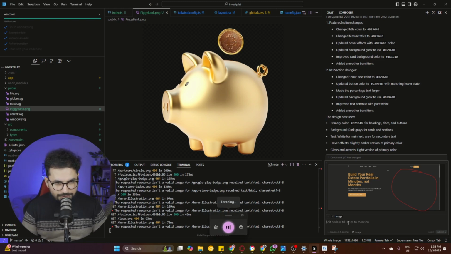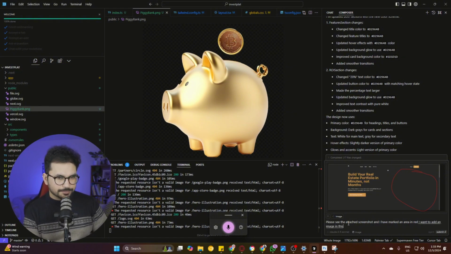Please see the attached screenshot. I have marked an area in red. I want to add an image in this area. I have created that image and added it into the public folder. The name of this image is